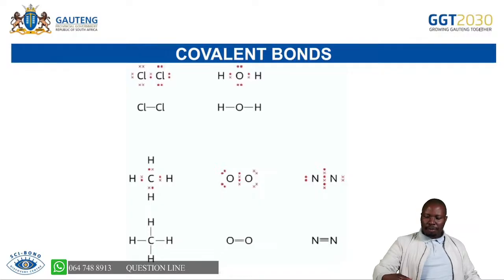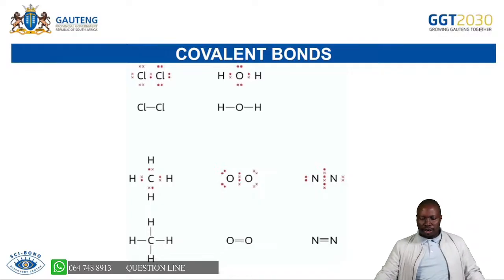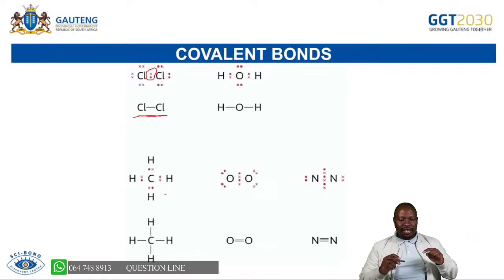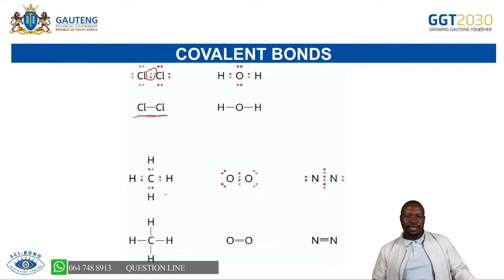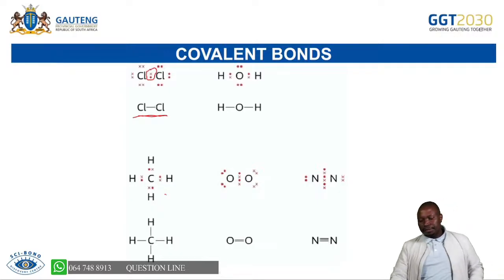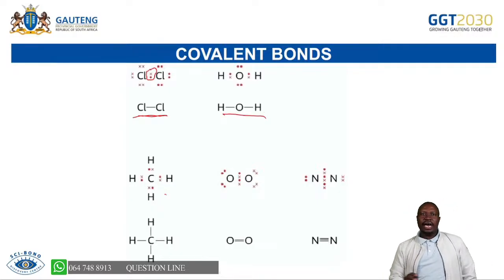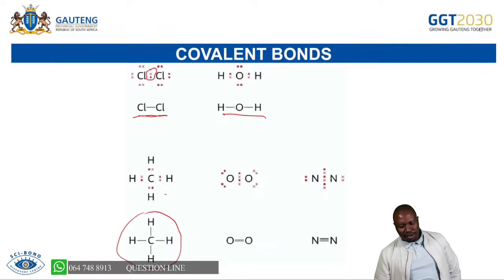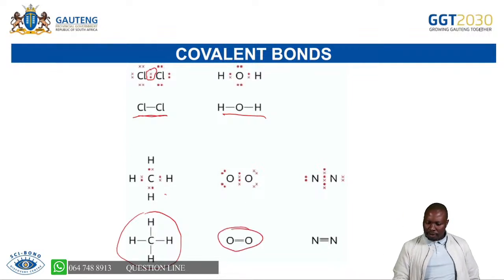As we move, we are going to deal with this one. If you look here, you will see that we have chlorine there. This is our X. We said it forms 1 bond. That is the bond that we are referring to. Remember, when you write the Lewis structures, you will be able to show that the 2 electrons are that 1 bond that we see there. And then when you have oxygen, we said always 2 bonds around it, carbon always 4 bonds around it.